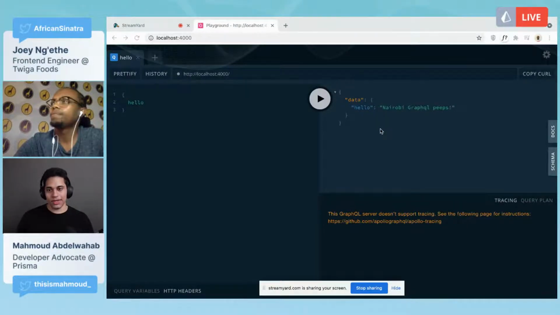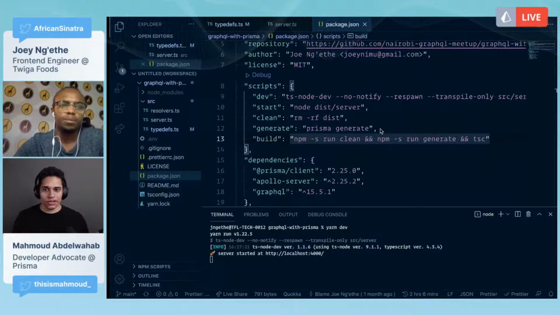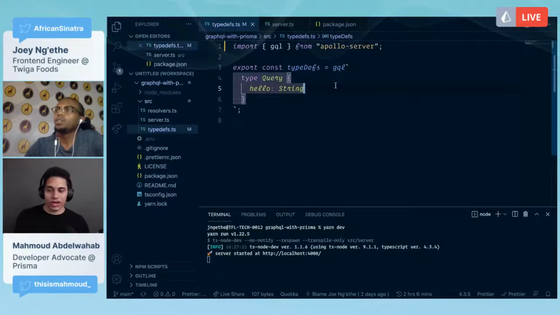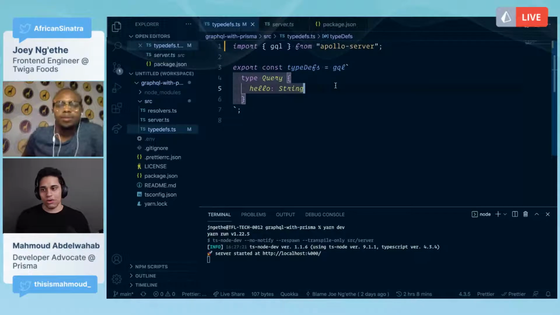To understand GraphQL APIs, if you've worked with REST APIs before, you have several endpoints, and each endpoint will accept a type of request. It could be a GET request, a POST request, or anything. It depends on your implementation. With GraphQL, things are a bit different. You have a single endpoint that you interact with, and you send a query.